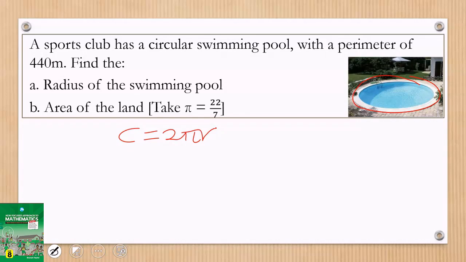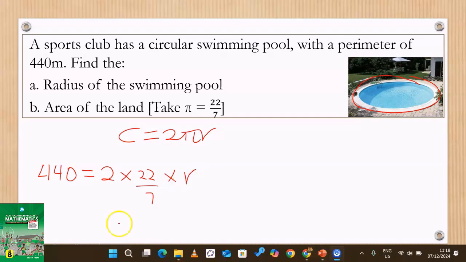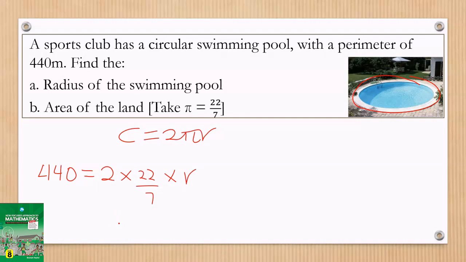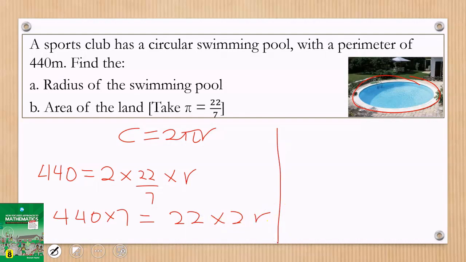Now, if the circumference, which is the same as the perimeter, is 440, then 2 times 22 divided by 7, being the pi, times radius, which I don't know. And so we are going to make r the subject in this relation. So what we do is that we do cross multiplication, or we multiply through by the LCM, and by the LCM we have 7. So we are going to have 440 times 7 is equal to 22 times 2r. If I divide both sides by 22 times 2, then I can say r will be equal to